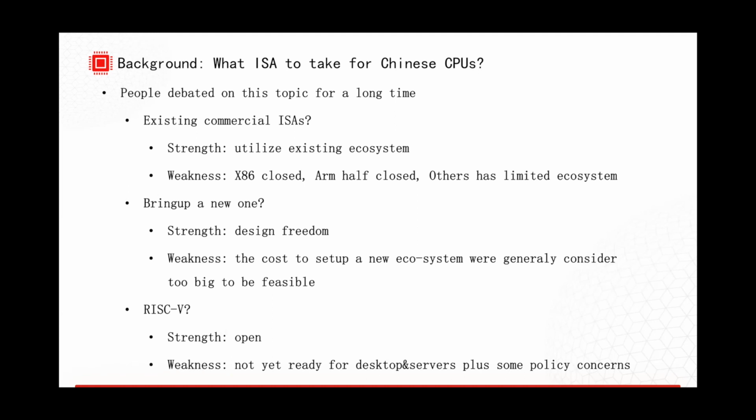By the time LoongArch was brought up, RISC-V had existed for some years, but it was not chosen because we thought it was not yet quite ready for desktops and servers, and we had some policy concerns at that time. For example, the foundation had not yet moved to Switzerland.